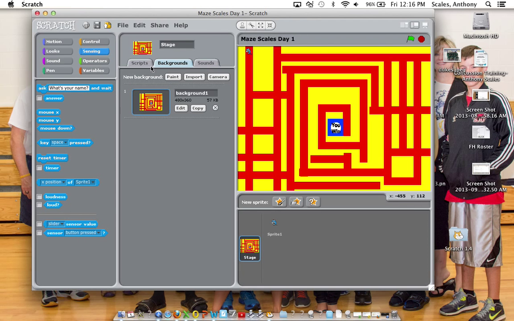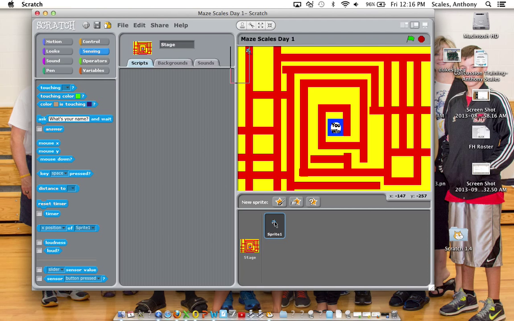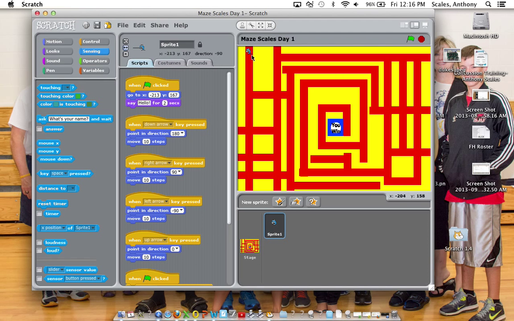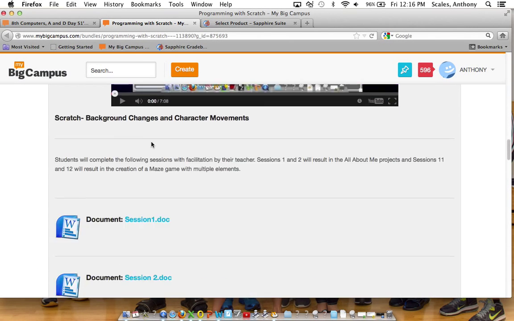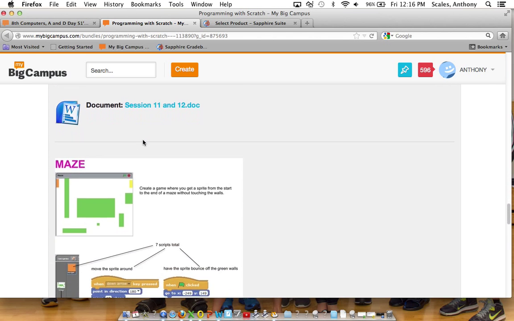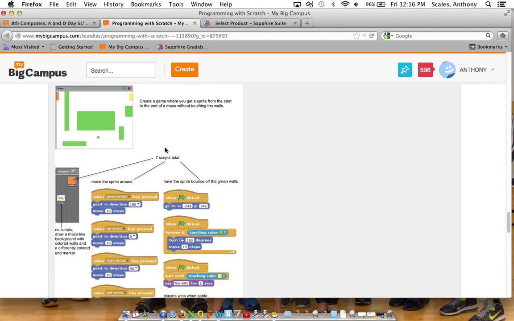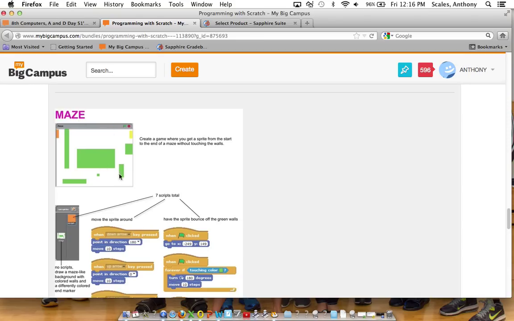then what you're going to do is choose a character. Now in this case I chose this sprite, and notice I made him very small to fit in my stage. Okay? That's this button right here, the shrink sprite button. So I clicked on that and I shrunk him down. Okay? And then after you do that, you're going to want to put in a few scripts. Now these scripts are posted on my big campus under the Programming with Scratch. Okay, we finished the All About Me project, so you're going to scroll down a little bit, and these are the scripts that you will need for your maze project. Okay, they're all right here,